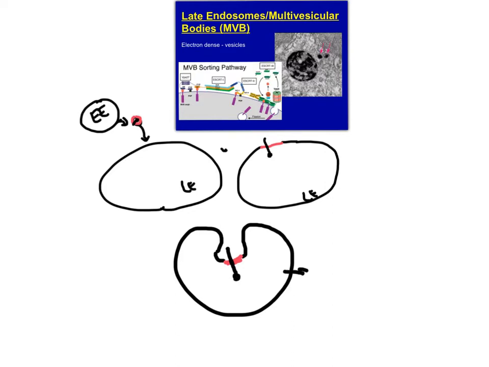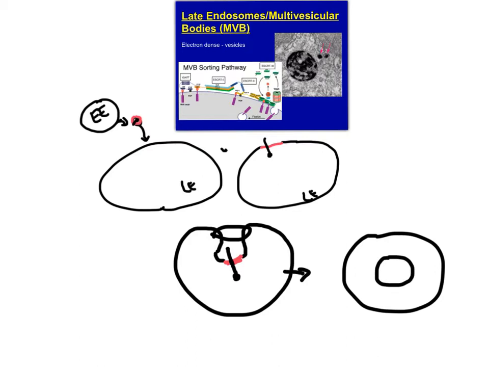And if this continues to invaginate in and you were able to pinch off the membrane, what you end up with is something that looks like this. You end up with an internal vesicle,